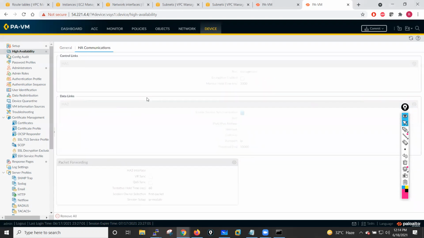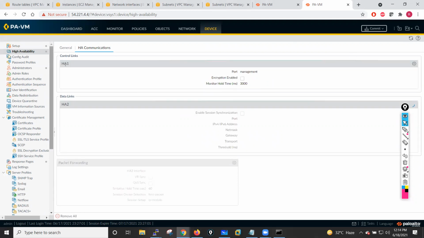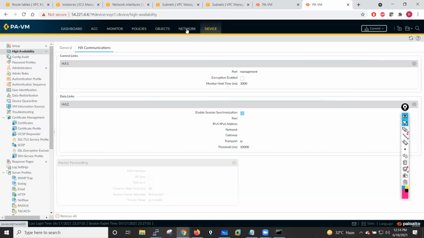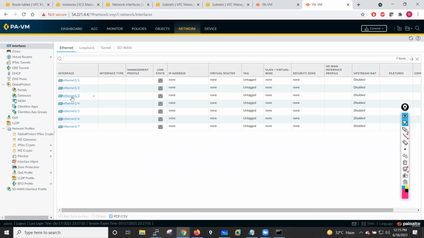HA communication, I will go into this tab and I'll just configure my HA1 interface settings. I'll click on this one. I can use management port also as a HA port, but I will use a dedicated port here. So for using dedicated port, I'll go into this network tab, into this interface,